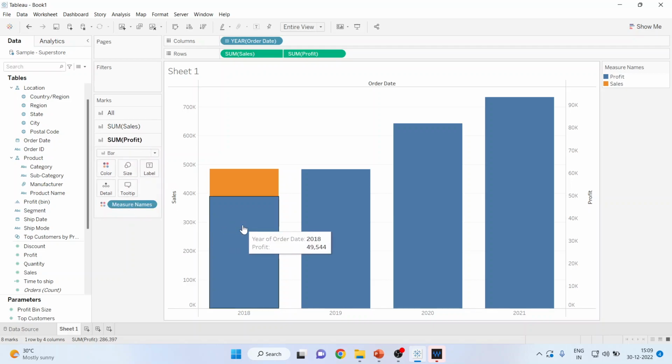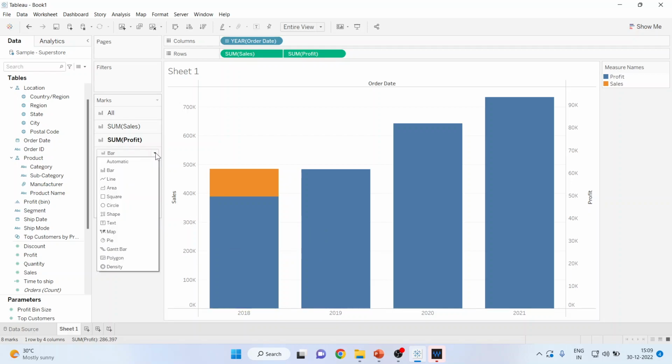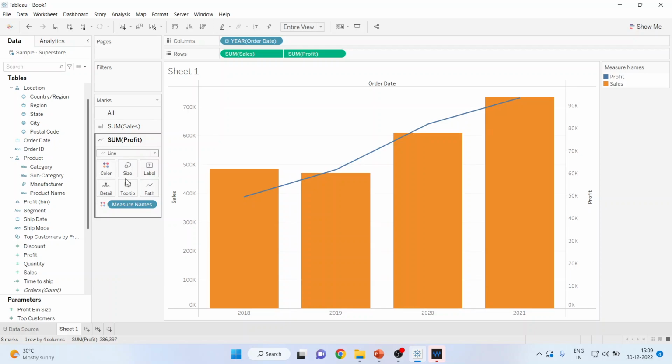So I want to change for profit. I want to make a profit line. I want to convert this bar chart of profit into the line chart. So I'll activate the marks of profit and make it line chart. And you can see the line chart is ready. So in one chart, we are having sales and this is the profit and its trend line. This is the first method in which we can